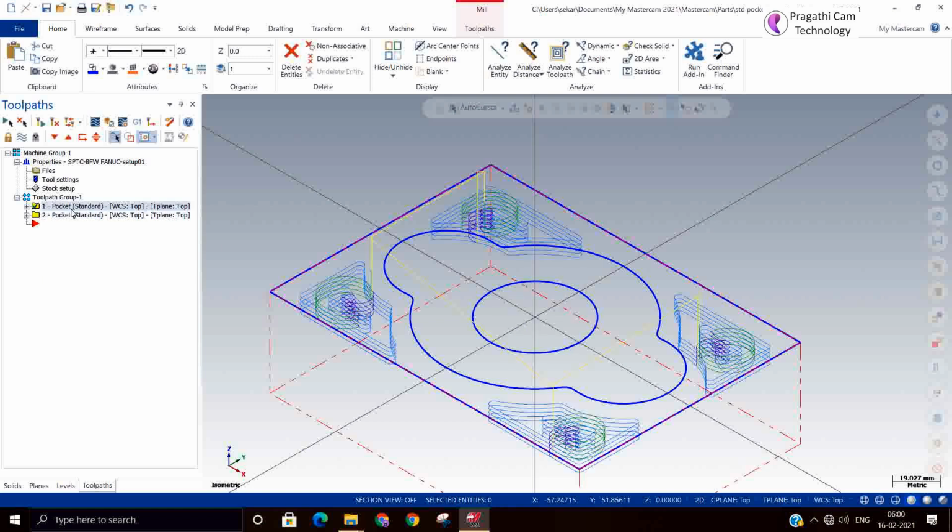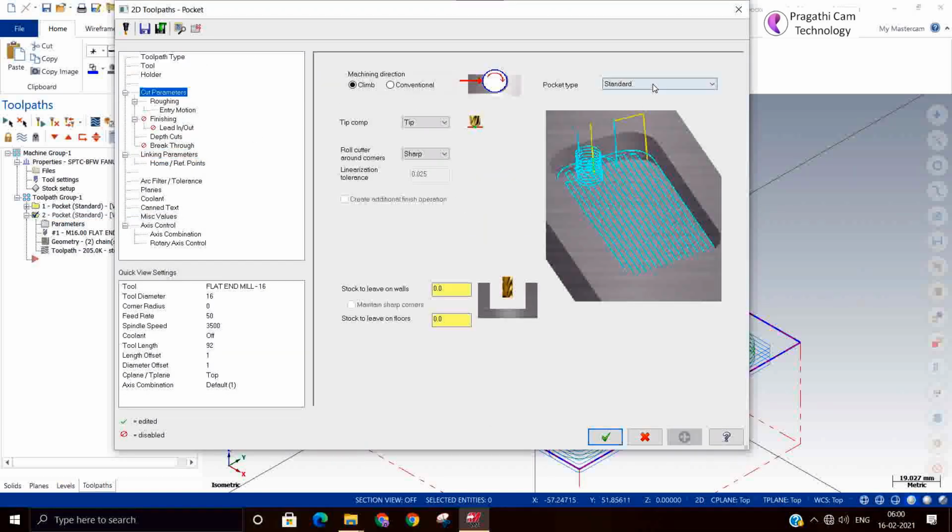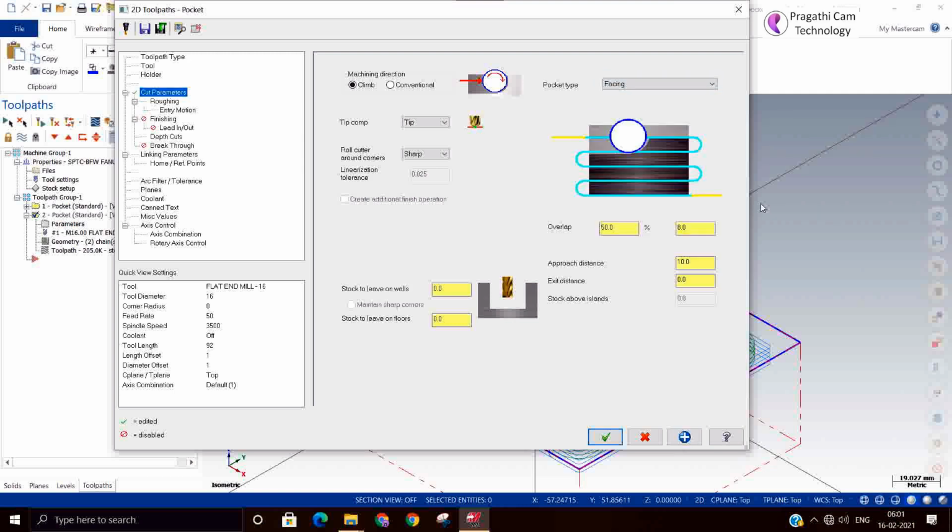If you take more than one profile, definitely the corner it will leave material. To avoid this, there is an option called facing. If you switch on this option, automatically it will machine the outer boundary. By doing so, you can get clean machining. You can see that the entry distance and exit distance we can also give.